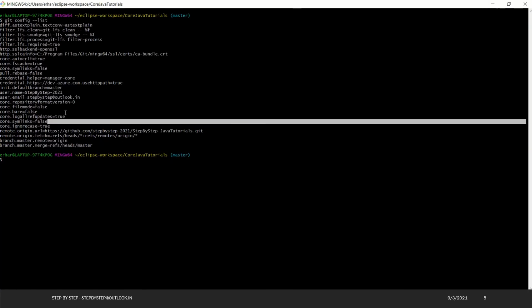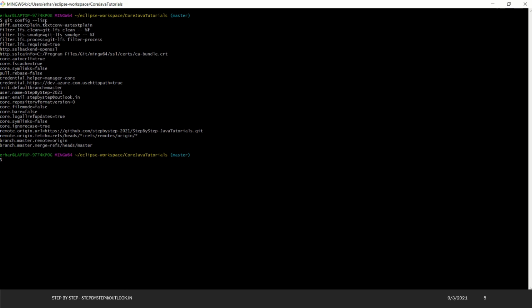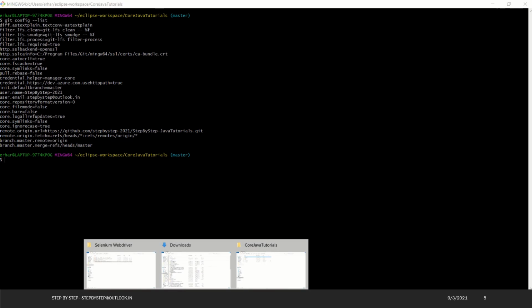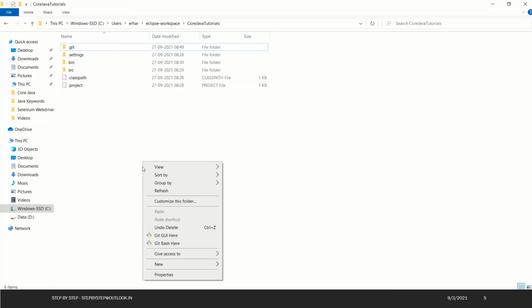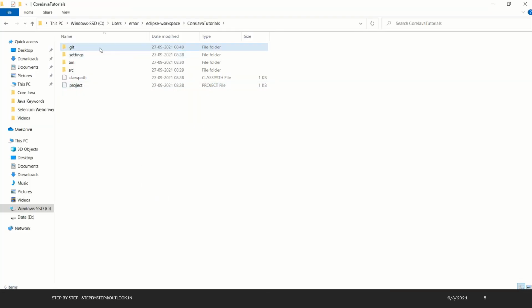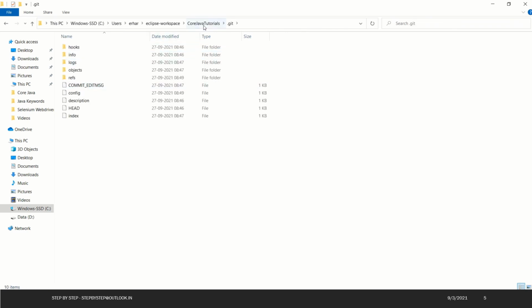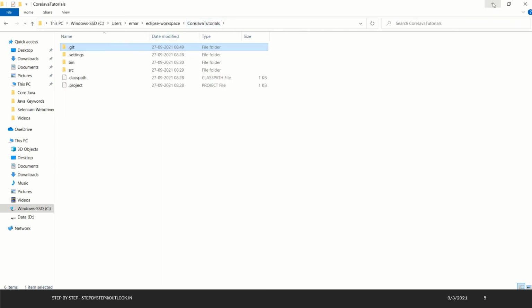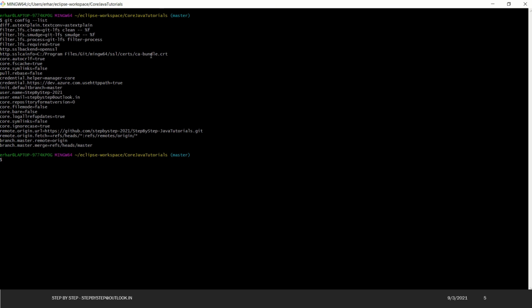So that's one correction. You can easily see the git config list like this. Also, the empty git repository was created, but I forgot to refresh, so once I refreshed it, it started showing this git folder. These are the two corrections to the earlier flow.